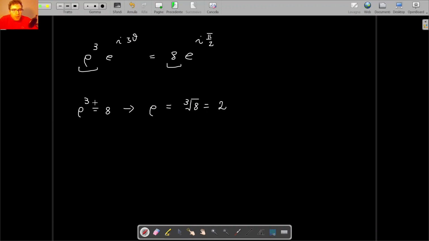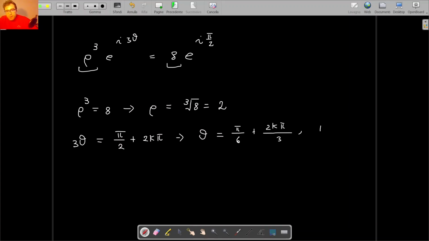And then we have that 3 theta is equal to pi over 2 plus 2k pi, because we have to remember that the trigonometric functions are periodic with period 2 pi, and then we can conclude this exercise by solving this equation. We have that theta is equal to pi over 6 plus 2k pi over 3,